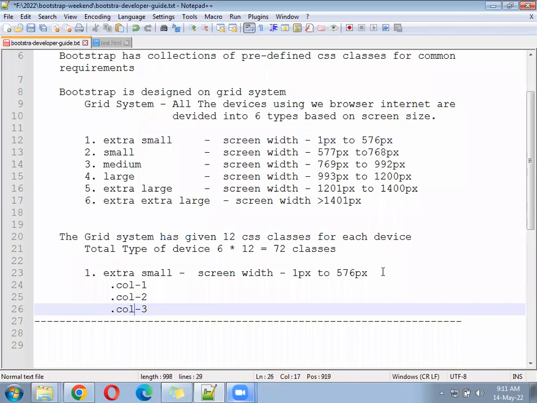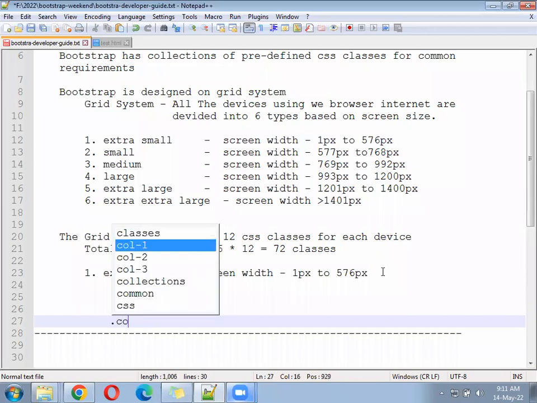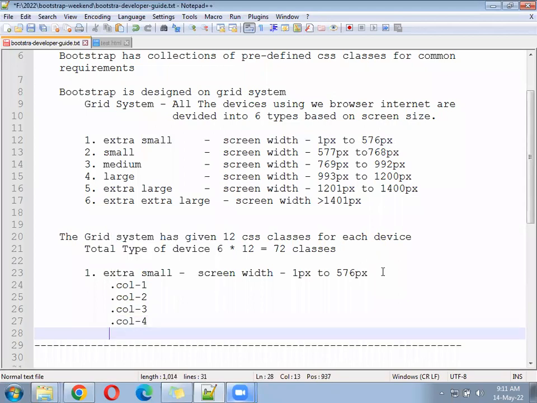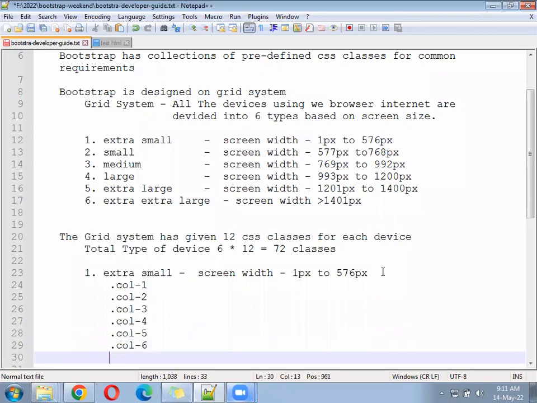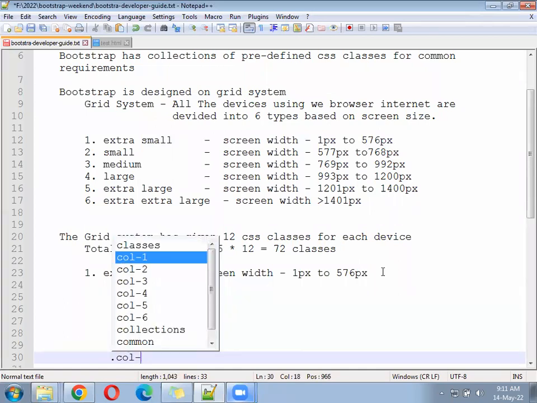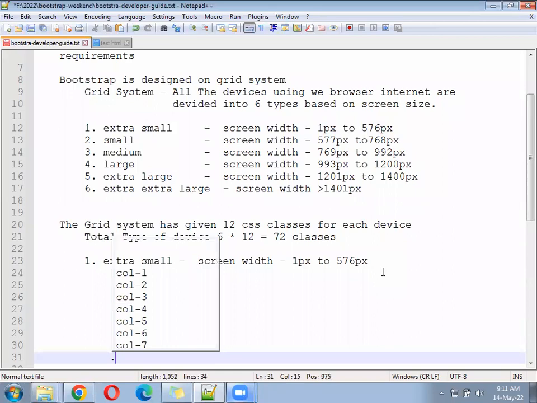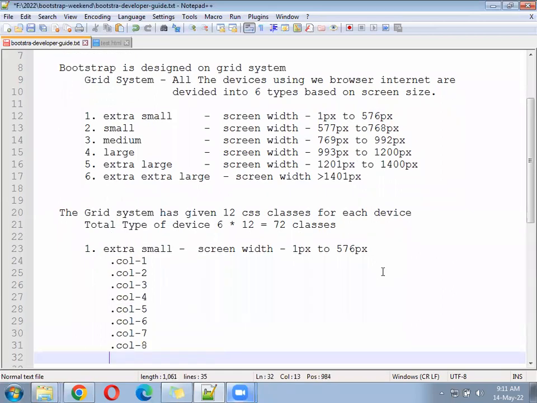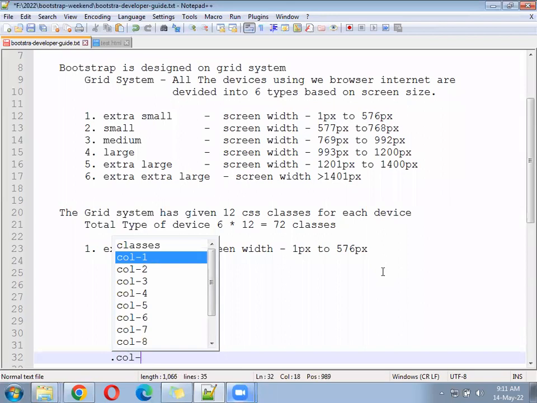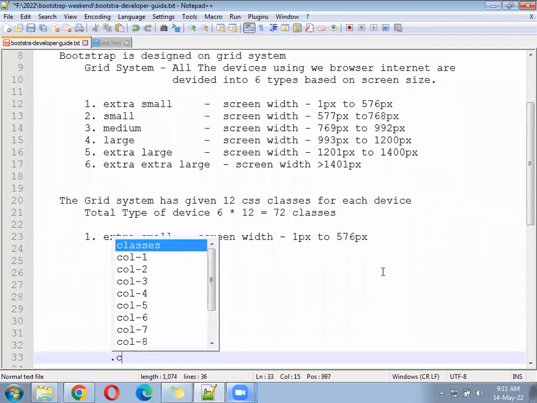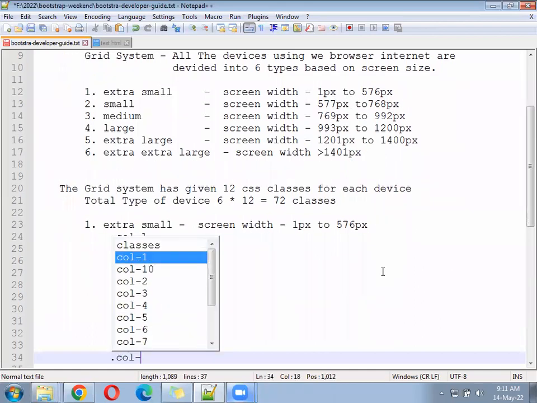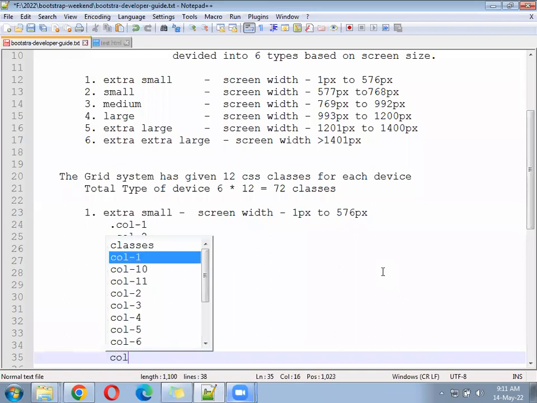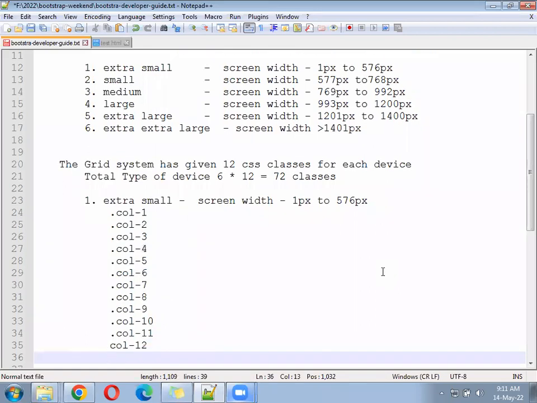Col hyphen three, col hyphen four, col hyphen five, col hyphen six, col hyphen seven, col hyphen eight, col hyphen nine, col hyphen 10, col hyphen 11, col hyphen 12. So this is for